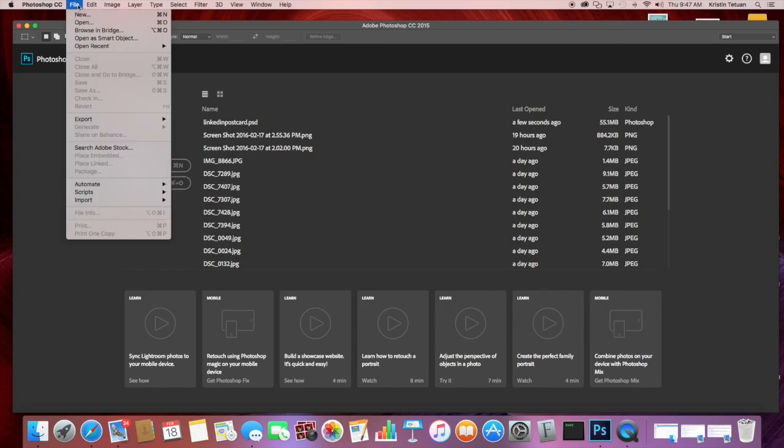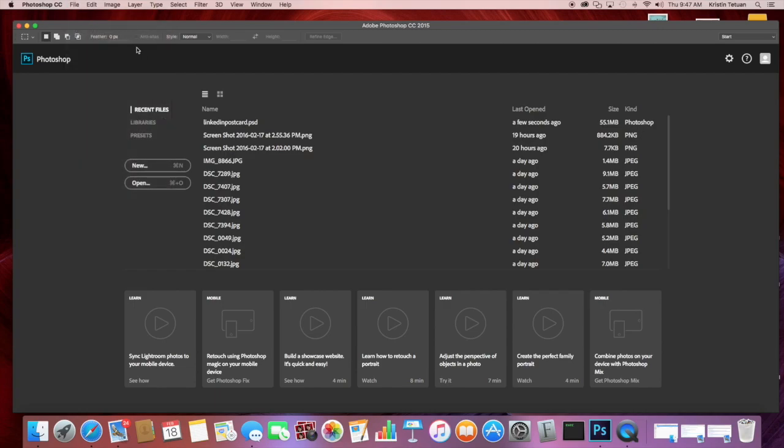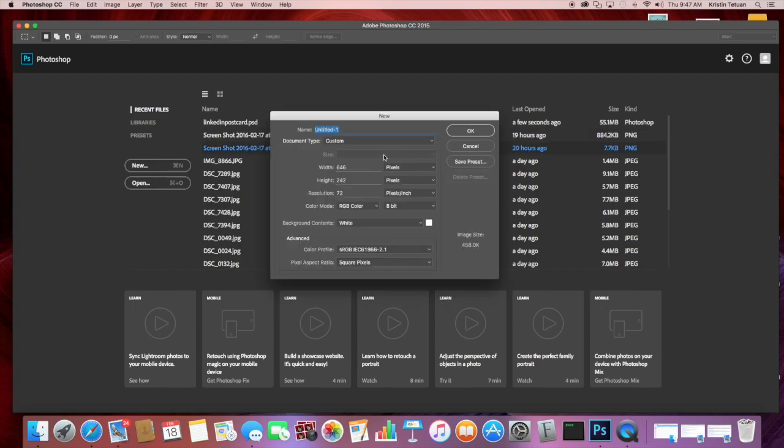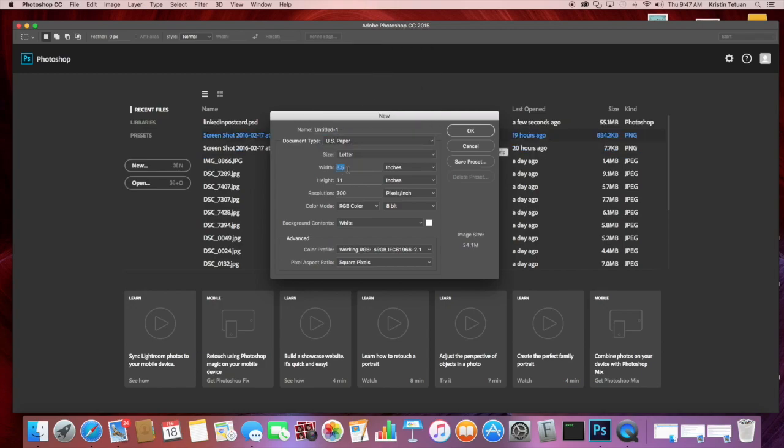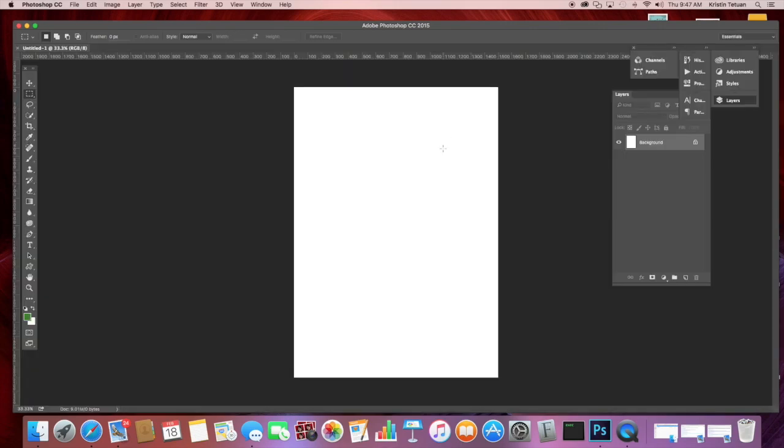So I'm going to create a new document, and just for the sake of example, I'm going to go with a 5x7 postcard. I want it to be 300 DPI resolution, obviously, because if I want to send this to print, it needs to be print quality. So here is my document, and the first thing that I'm going to do is create